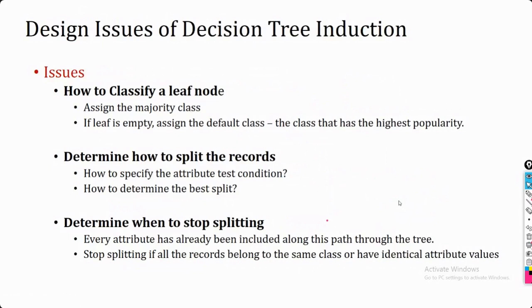And next, when to stop. For the stopping criteria, you can fix it at a certain level, saying at this level I want to stop. Or if all of the instances are part of one class, you can also select that as the criteria to stop. And if all the instances have the same attribute value, in that case also you are going to stop. Even if we select an attribute and perform the division based upon it, all the instances have the same attribute value, so all are going to be part of one side only. So this also you can consider as a stopping criteria.